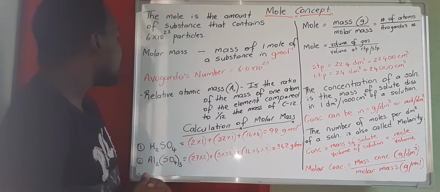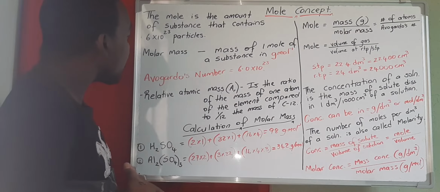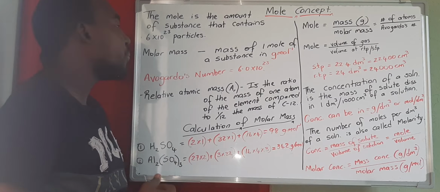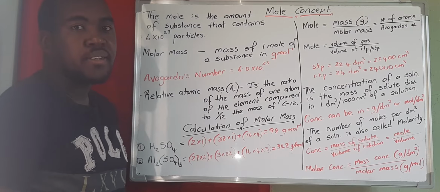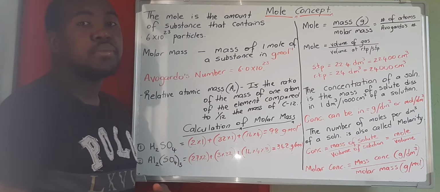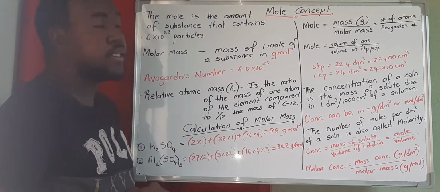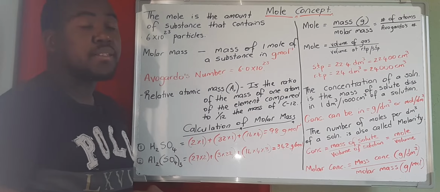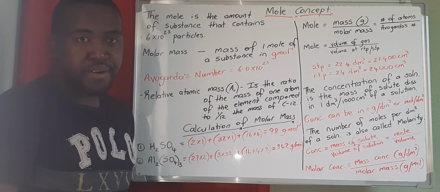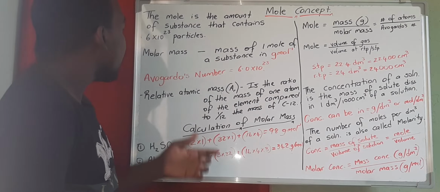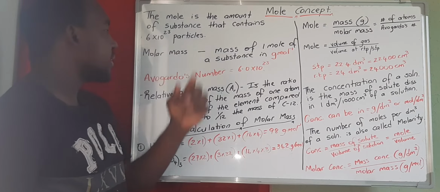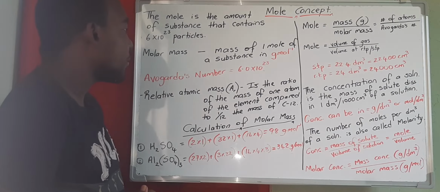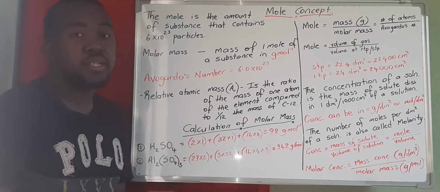Now we look at terms that we need to know. The molar mass is the mass of 1 mole of any substance. So once you have 1 mole of a substance, the mass that it contains is called the molar mass, which is measured in a unit of gram per mole. We also have the number 6 times 10 to the 23, which is known as Avogadro's number,